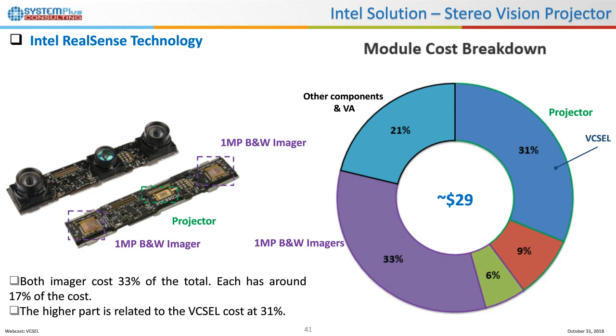What we can observe from this cost estimation is that we have a module which is in the range of $30, which is also quite expensive compared to smartphone solutions. And the most expensive part of this board is also the VCSEL. So we calculated that 30% of this cost is to be attributed to the VCSEL, linked to the large size,